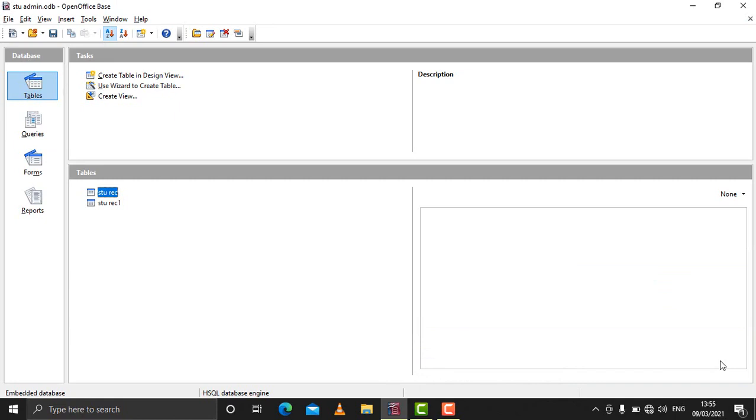Basically, queries are meant to extract information from a number of tables and arrange it in a separate place depending on a given condition. So the very first method we will learn to create a query is using the wizard.